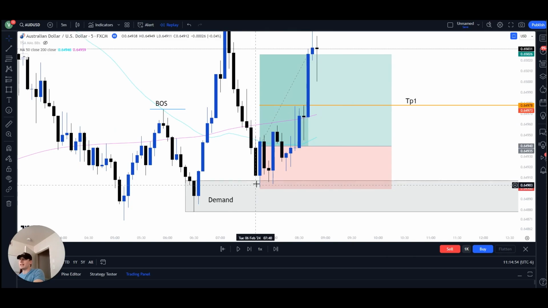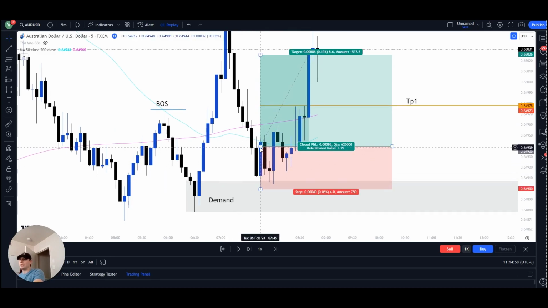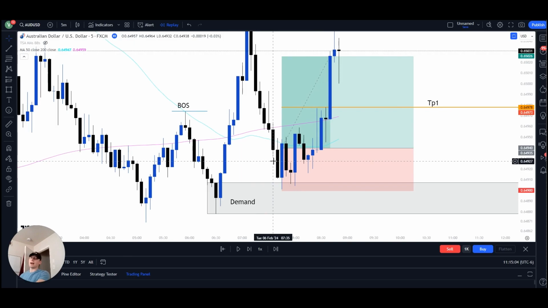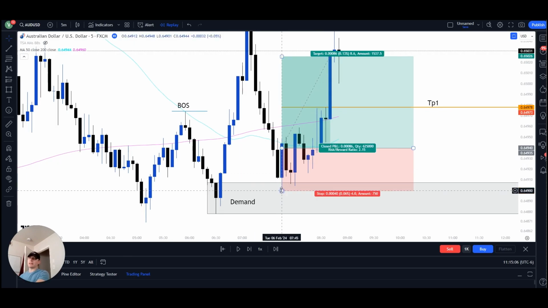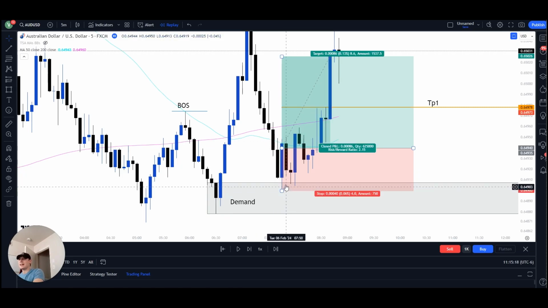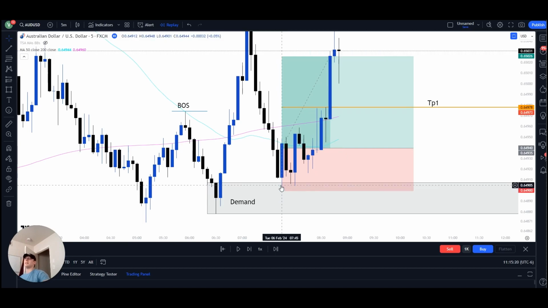So, we come in, we tap in, we immediately reject. Once I see this big bullish candle flying, I enter at the break of the body of this bearish candle. I don't usually do that, but knowing that it immediately came into the demand zone and then rejected it, as soon as it flew up and broke this body of the candle, I usually look for a break of candle at the wick. But since it had this rejection, again, this is something that you'll learn over time and